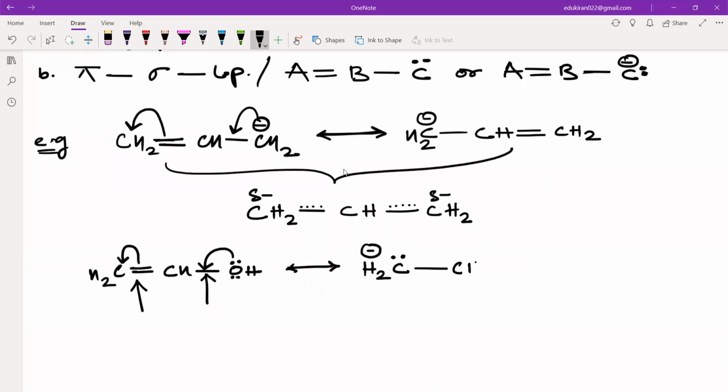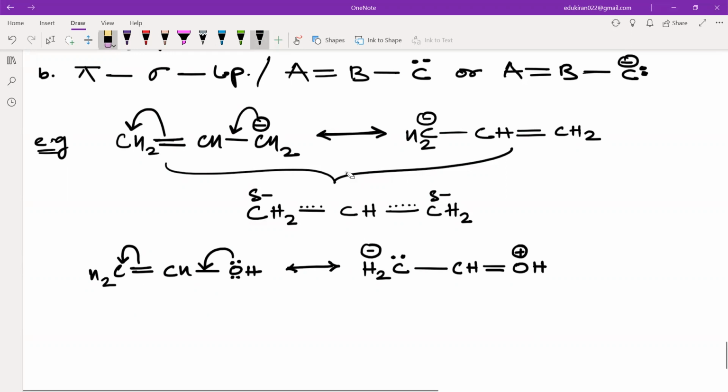Then you will have CH as it is. There will be a double bond and OH. So OH now has given out electrons. See, electrons are moving out of oxygen. That is why this will get a positive charge. Okay. This will get a positive charge. Similarly,